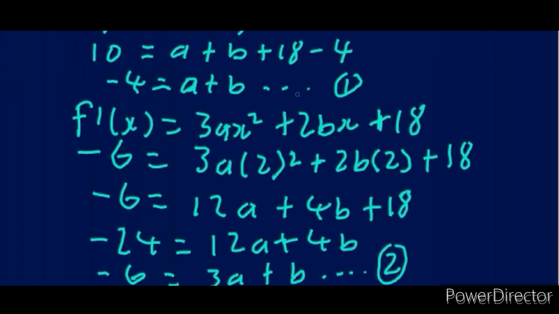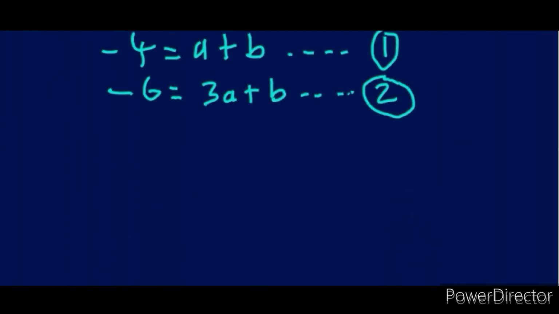All right, let me rewrite the two equations that I've created. So I've rewritten my two equations. You can use the elimination method, the equating method, or the substitution method. In this case, I'm going to use the substitution method. So I'm going to manipulate my first equation and make b the subject of the formula to create my third